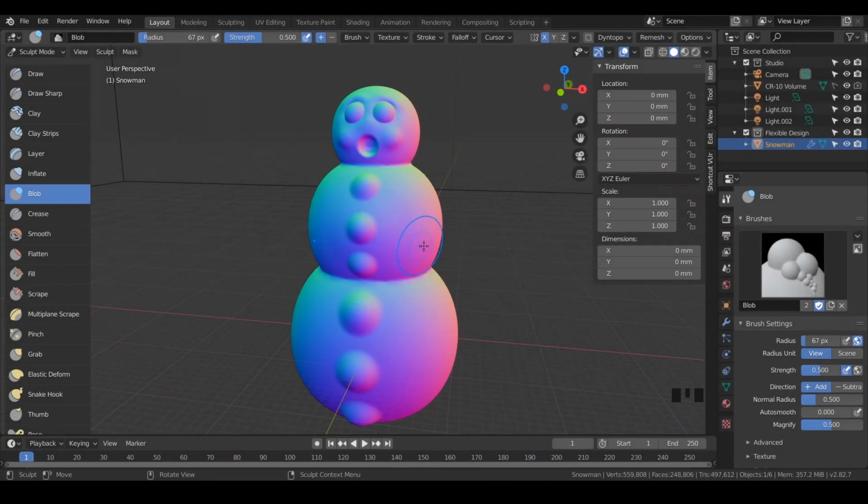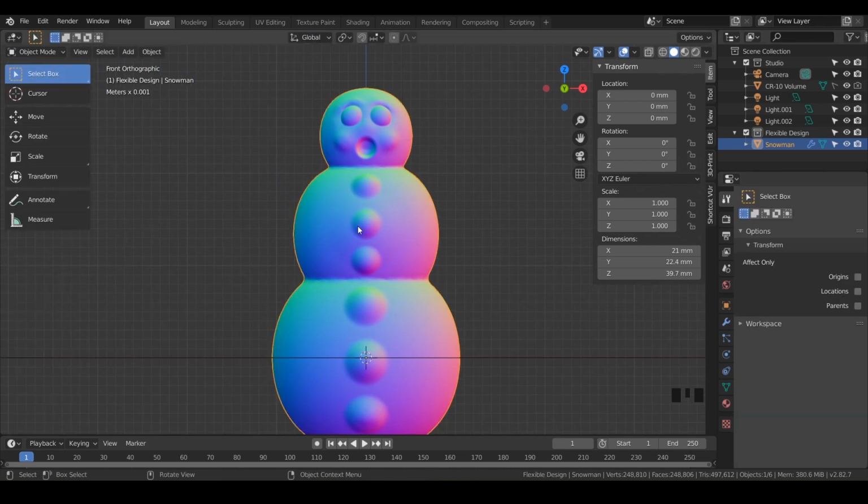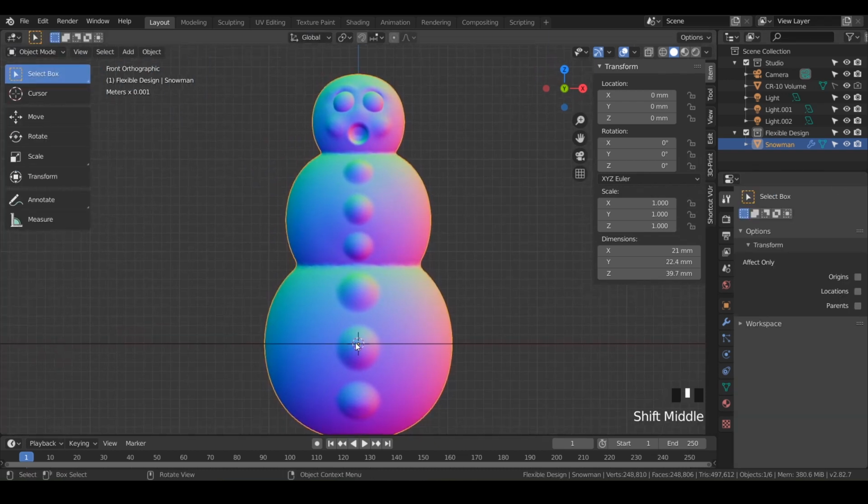Welcome back. In this lesson, we're going to add some arms, a little carrot nose, and a top hat. So let's go back to our front view and let's go back to object mode because we're going to add some new objects to this. And what we want to do is just take our 3D cursor and put it somewhere up here near the